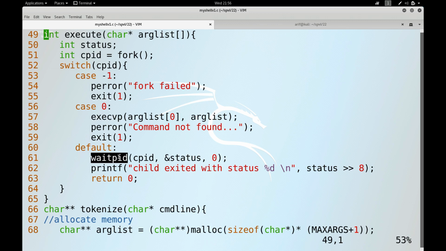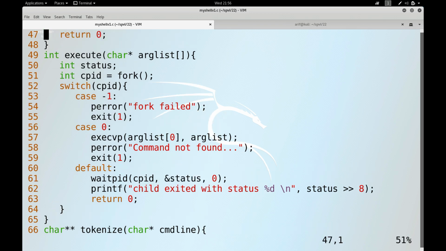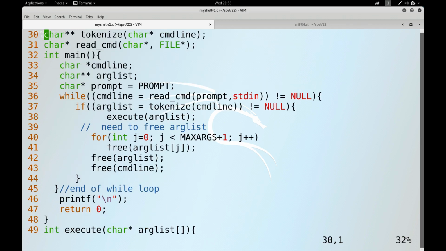So the parent calls waitpid, and it waits for this child whose PID is received inside the fork, and the return value of the child process is received in this status, and finally it displays that the child exited with this status. And after the execution of this, it falls back over here inside the main, and this